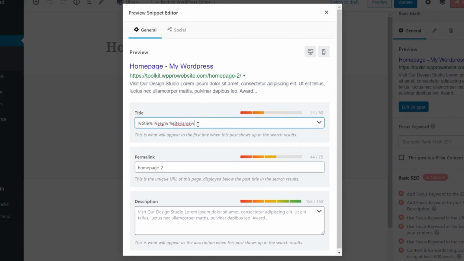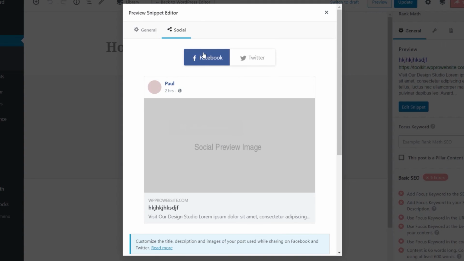So you can see the title is by default taking that title, separator, sitemap. If we take a look, there's the title, homepage, there's the separator, there's the website, My WordPress. You can obviously just type over the top of that. So we can just start typing inside there and that'll update. So that's just a default template, which you can, and I recommend you do, overwrite with proper, well-formatted SEO-based titles, descriptions, and anything else you may need to do. So as a bare minimum, I would say put in the relevant data inside there, and also under your social settings for Facebook and Twitter, set your preview image,